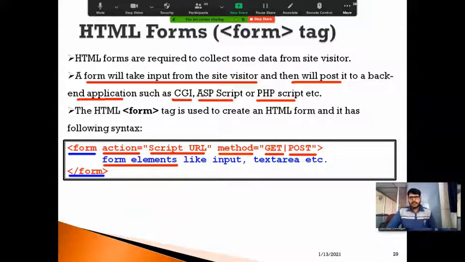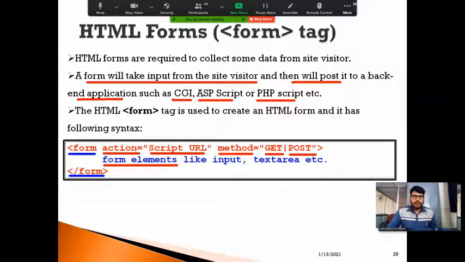So I repeat once again, HTML forms are required to collect what? Some data from the visitor or user. And to create an HTML form, we are using a form tag. Along with the opening tag of a form tag, we are using what? The action attribute and the method attribute.